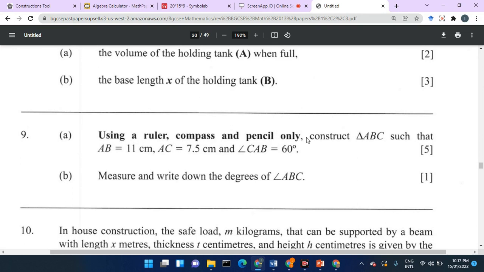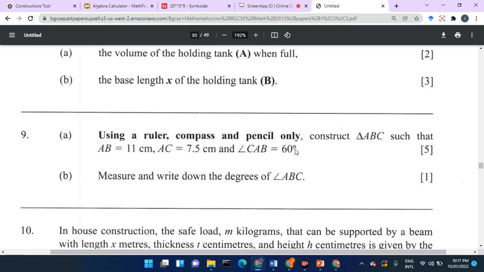Question number 9 is a geometry question, and it states the following: using a ruler, compass, and pencil only, construct, and this symbol is a triangle, so they're saying construct triangle ABC such that AB, which is the base, is 11 centimeters, AC, which is the length of another side, is 7.5 centimeters, and the angle, so this is what the symbol for angle means. The angle